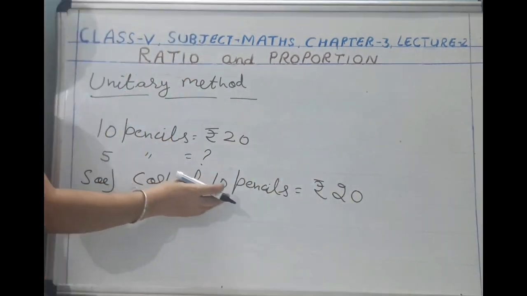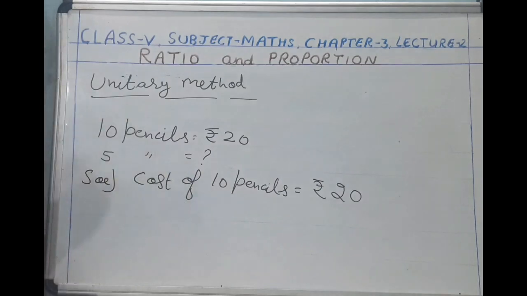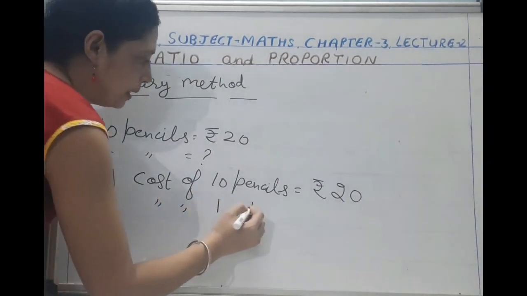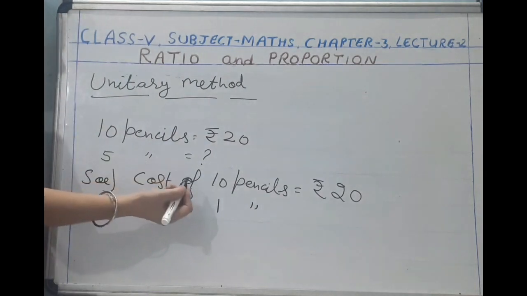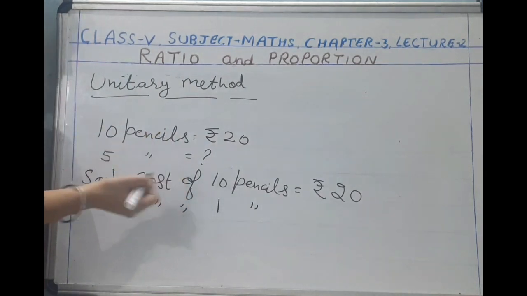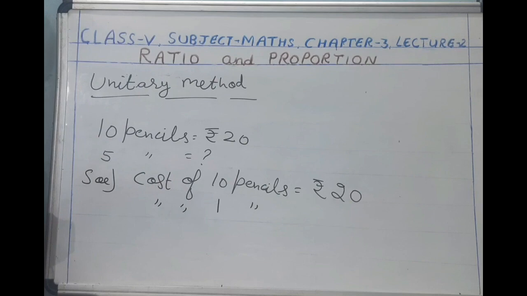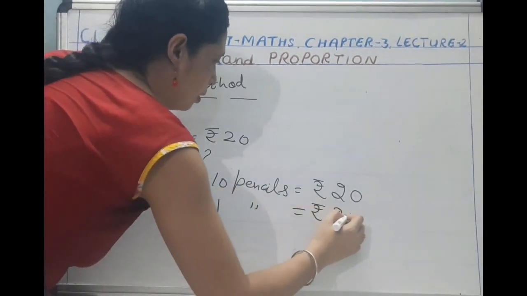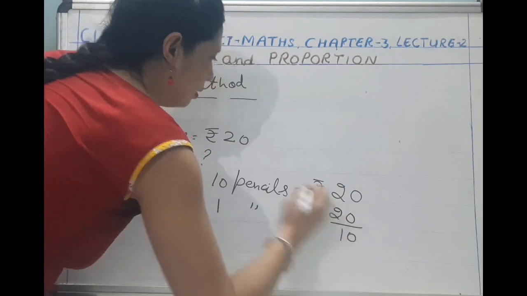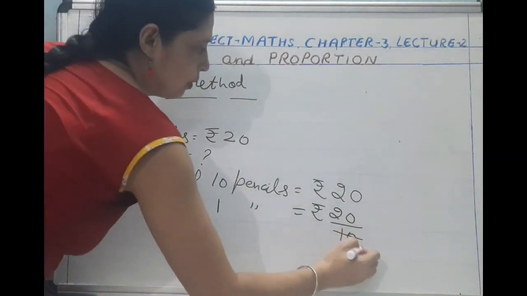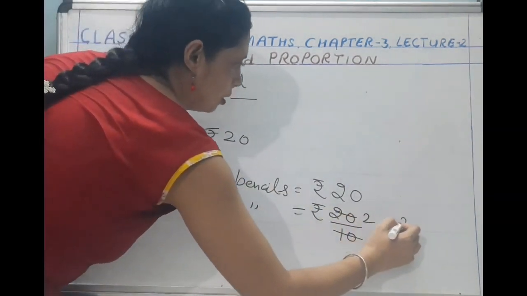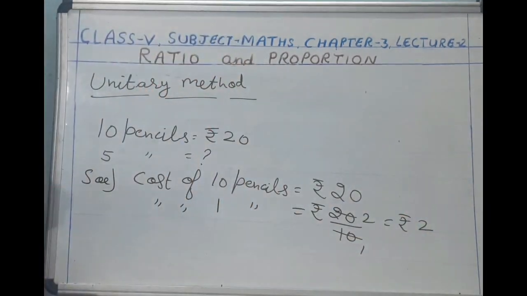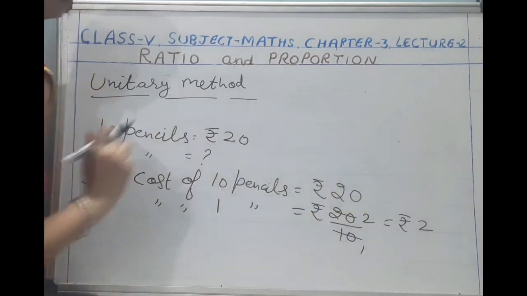अब 10 पेंसिल की कॉस्ट गिवन है तो हम डायरेक्टली 5 की नहीं निकाल सकते हैं. सो वी विल फाइंड आउट कॉस्ट ऑफ 1 पेंसिल. 1 पेंसिल की कॉस्ट कम होगी या ज्यादा? 10 पेंसिल्स की डेफिनेटली लेस. सो वी विल डू डिवीजन. रुपीज 20 डिवाइडेड बाय 10. 10 ones are 10, 10 twos are 20. Don't forget to write down this unit. Rupees 2. Now the cost of 1 pencil is rupees 2.